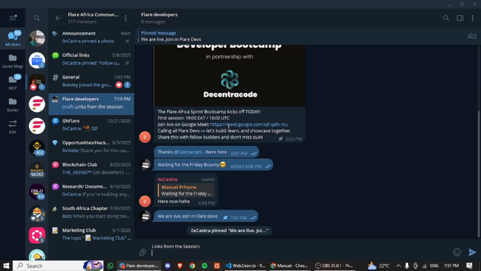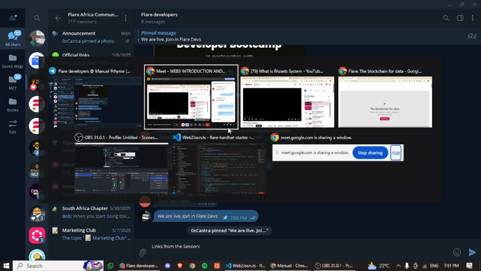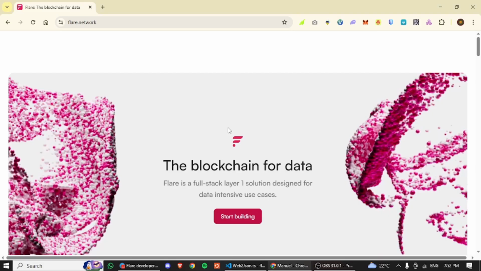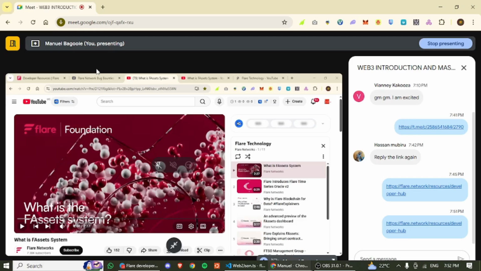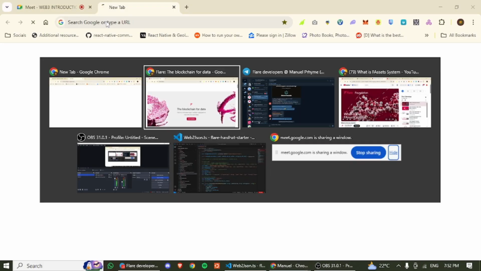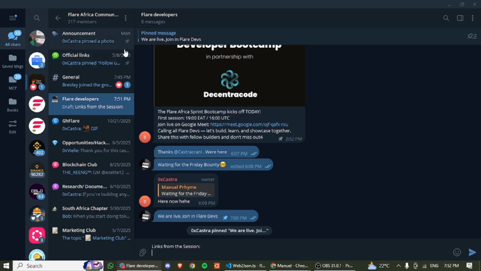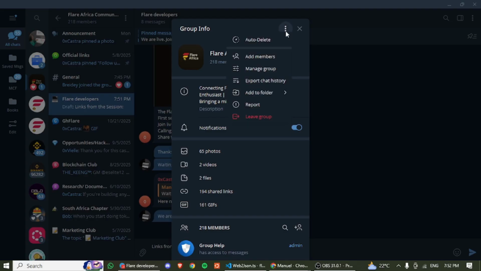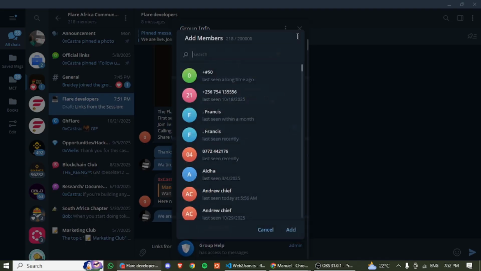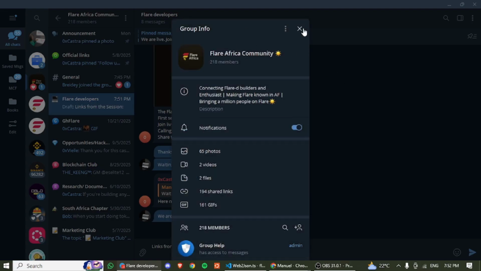Okay, so have you scanned the QR code? Not yet, I was up and down. Okay, so perhaps if you scan the QR code, you'll have access to the general Telegram channel, the Flare Africa Telegram community channel. Maybe I could share the link to that. I hope I can reach it. Okay, you can share.